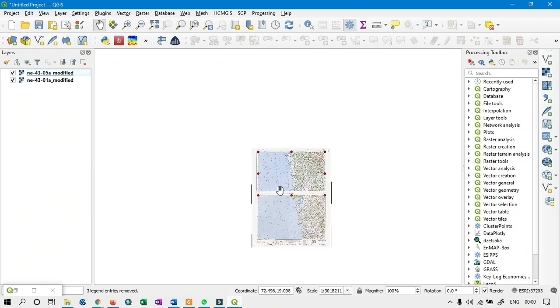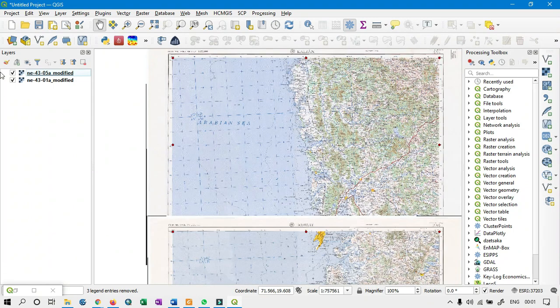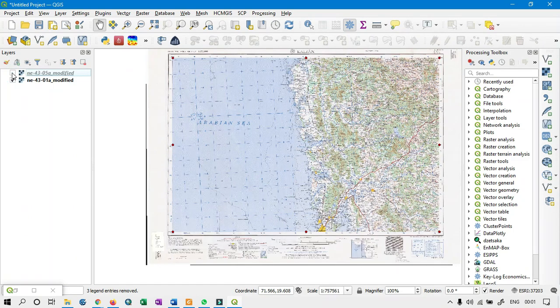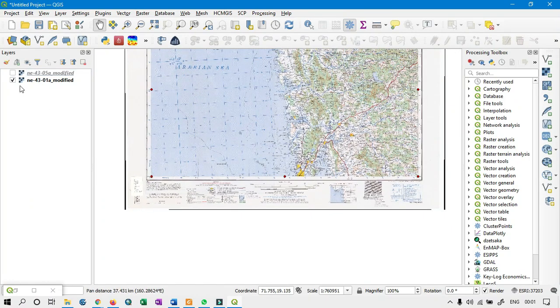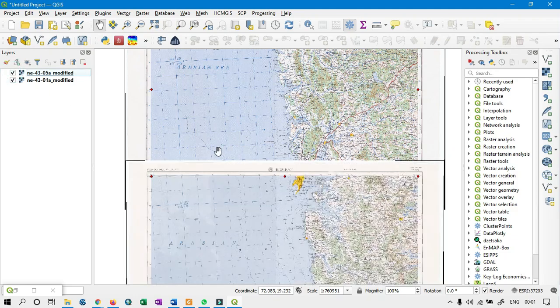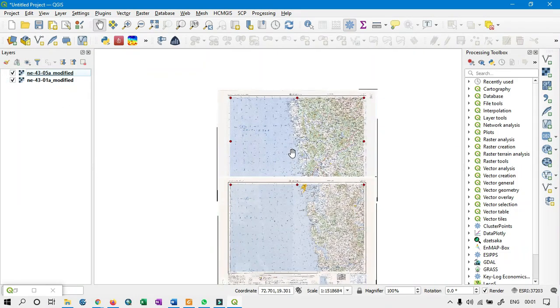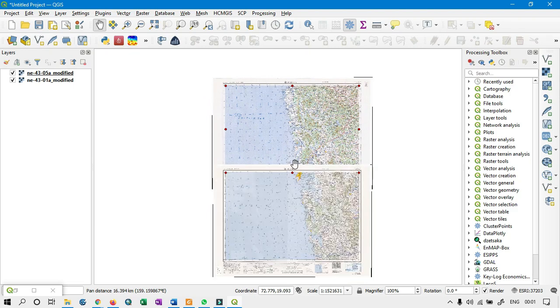Before georectification these images were overlapped with each other, but now the images are positioned as per their location over the globe.